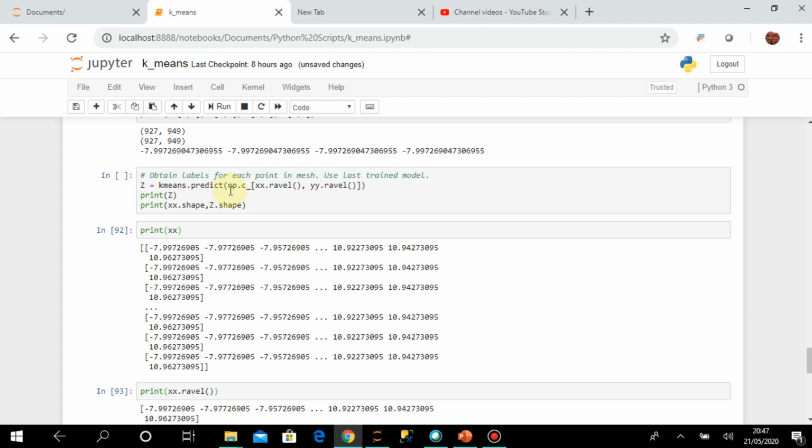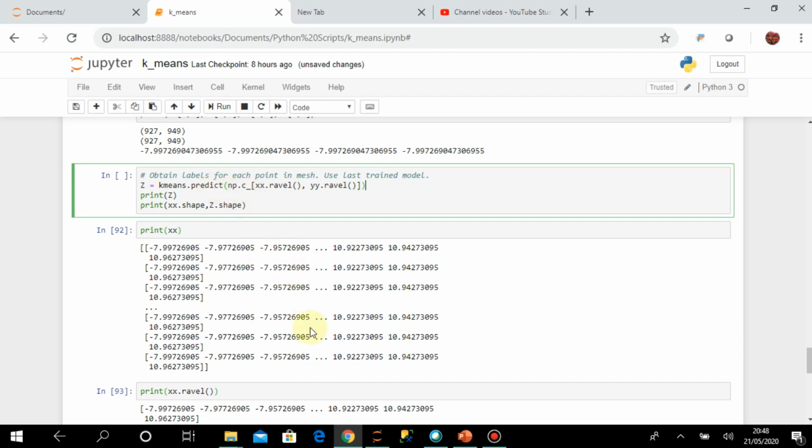And I am calling this np.c_ as well. Try to be familiar with all these things. It's not that ravel and meshgrid are only there to give you a good graphical representation of how k-means works. You need not be very familiar with all this, at least now. You just have a look, and gradually you can read more and be more confident, but at least you should know the functionality of these different components.